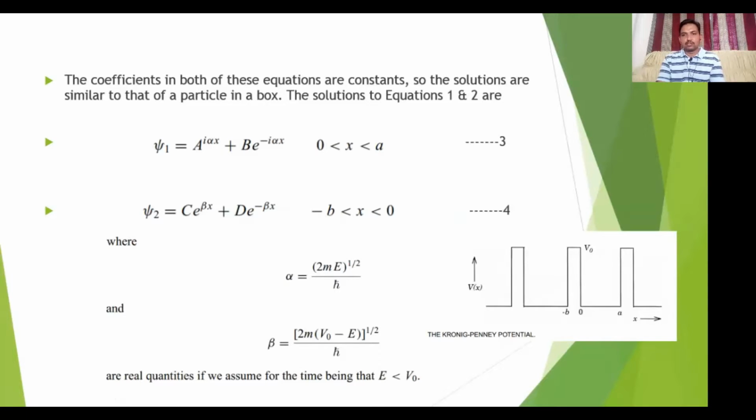So we define two regions, then we define the potentials of the two regions, and then we define the Schrödinger equation for these two regions. I again printed this picture over there. One Schrödinger equation is for this region, one is for this region. And finally, we have the solution of these differential equations. So we have two wave functions, psi 1 for the well and psi 2 for the barrier.